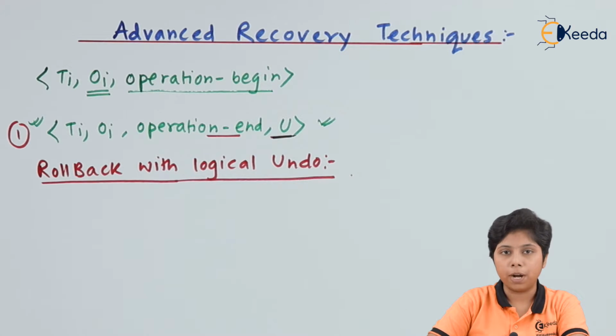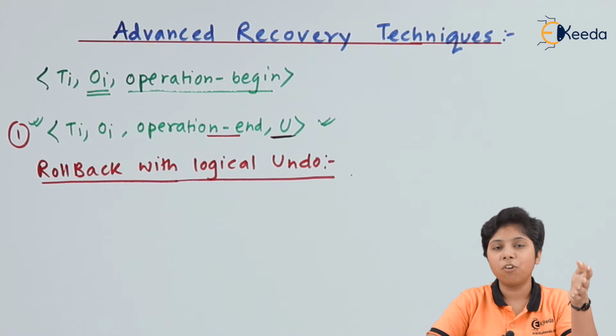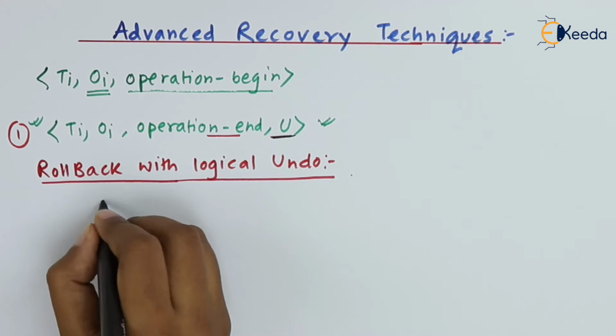Now it has two parts. First, we need to perform the operation end with an undo operation, and then only we can abort that operation. As we know, for logical undo there is no way to physically undo the operation. We need to abort the operation after having that undo done. So now we will have